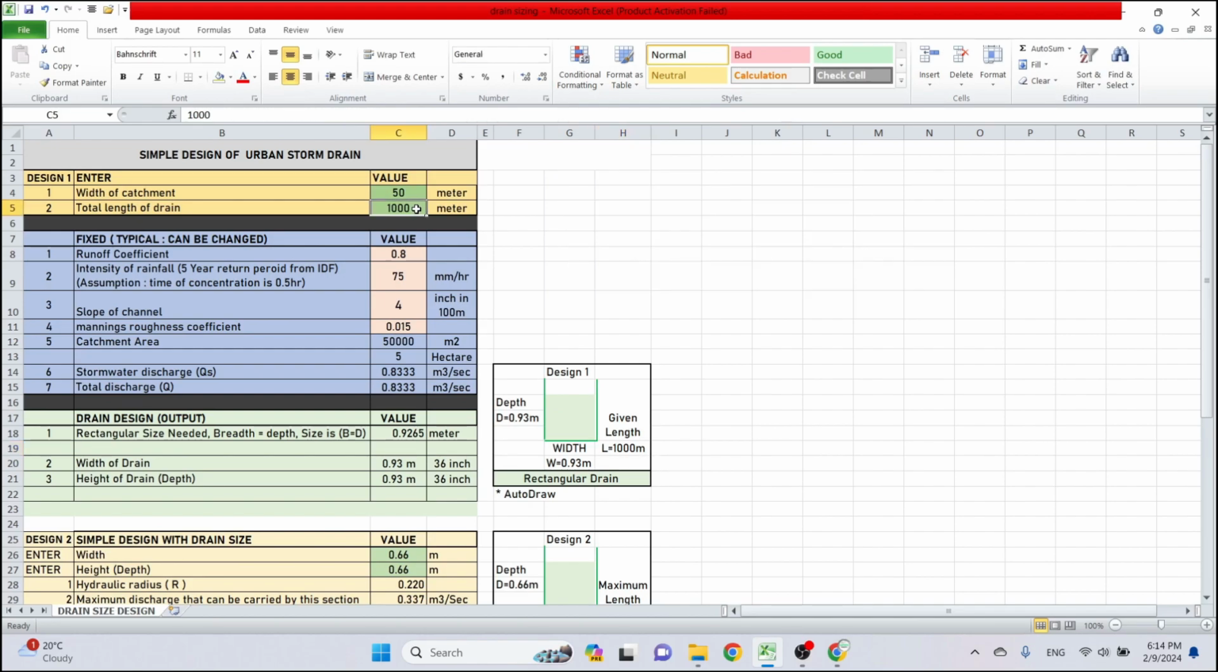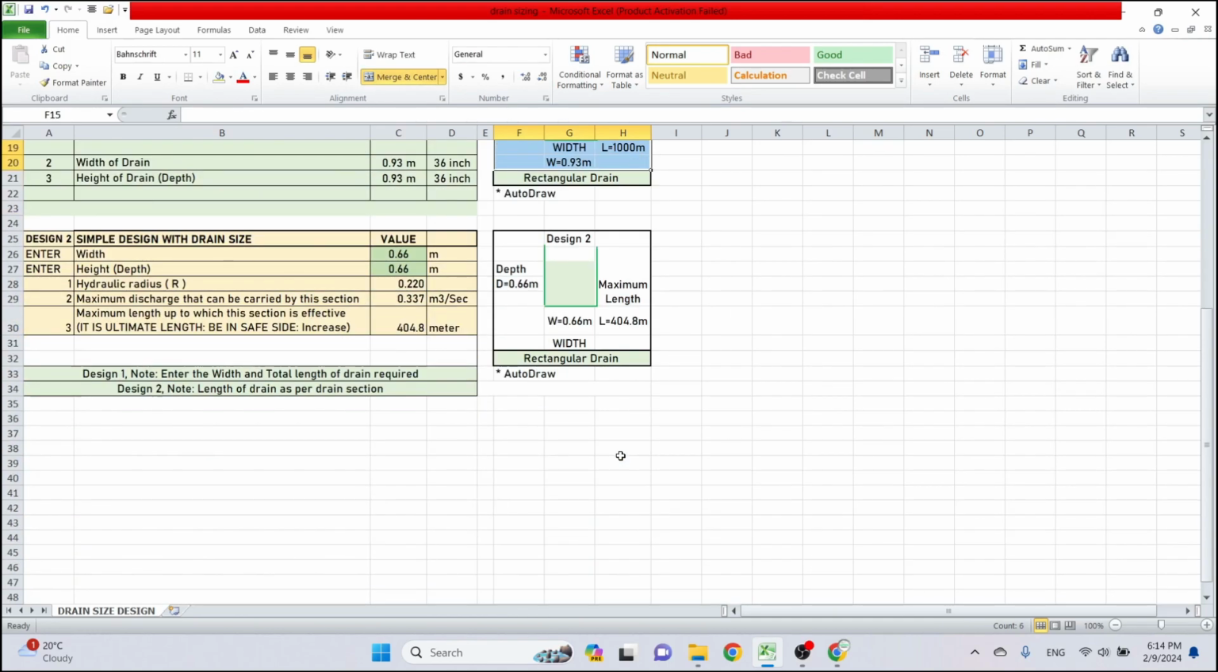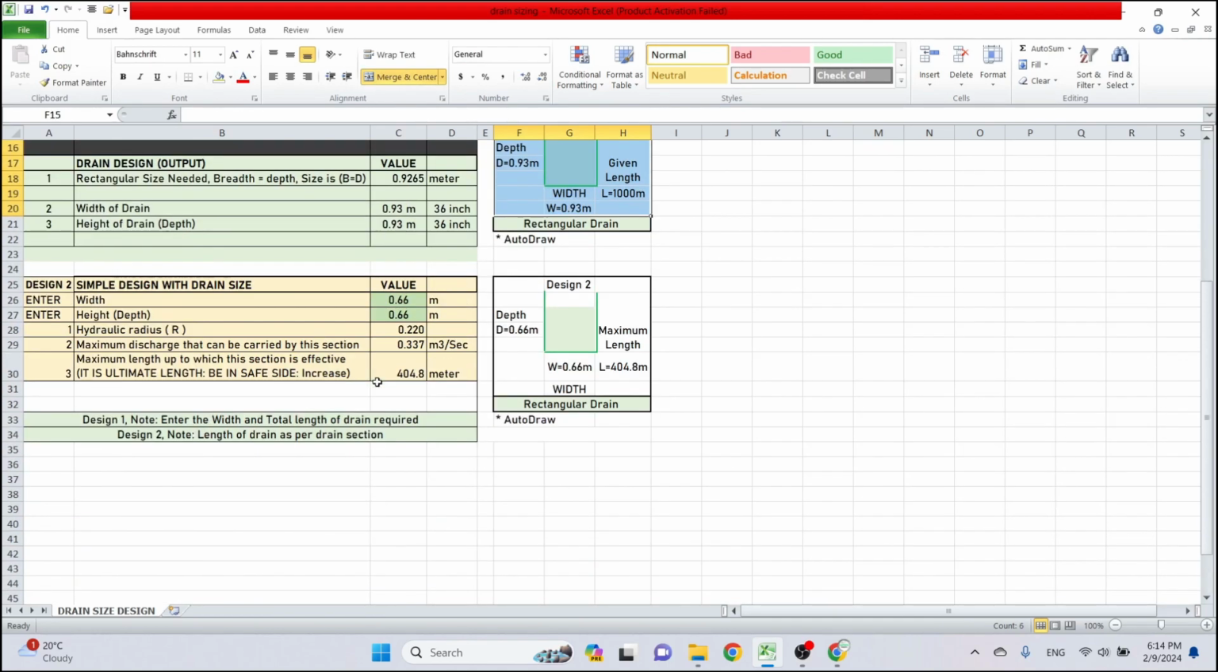This is one way to design the drain, that is to give the width of the catchment and the total length of the drain and get the section of the drain. And in the second way, you can also give the section of the drain. For example, if it is